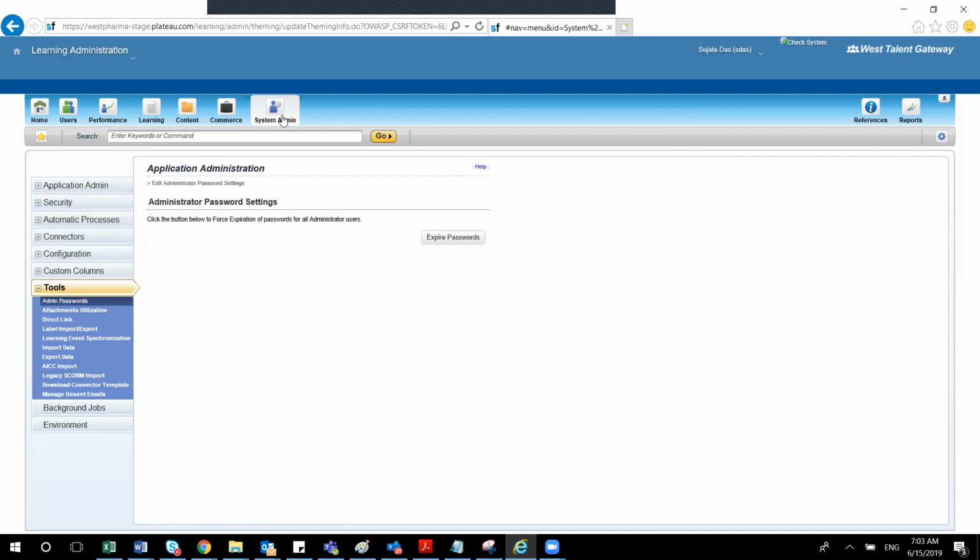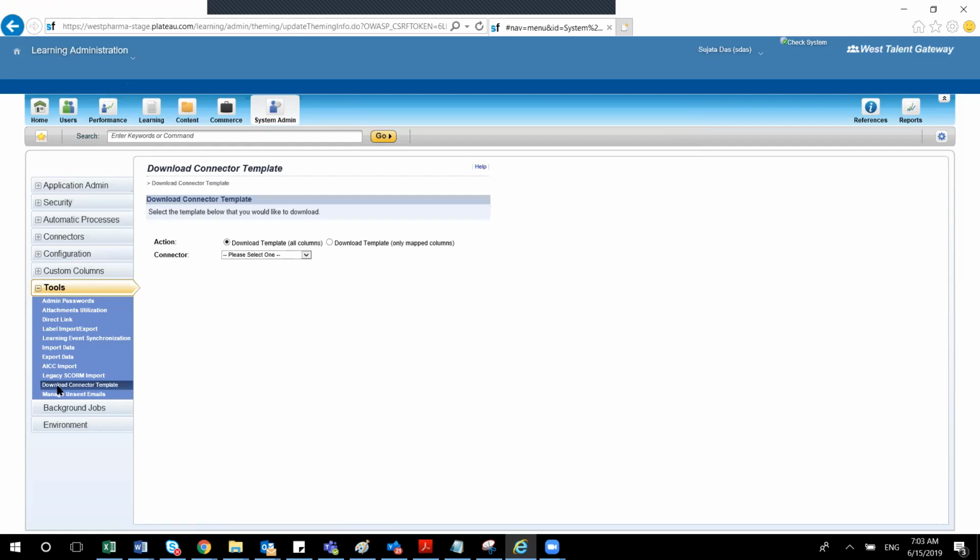In system admin, I went to the tool section. In the tool section, there is something called download connector template. You don't have to share the template with the client. They can go directly to the system and download the template from here. There are two actions: download template all columns, and download template only mapped columns.